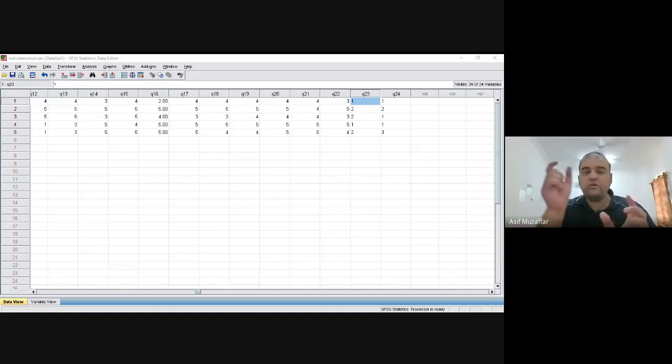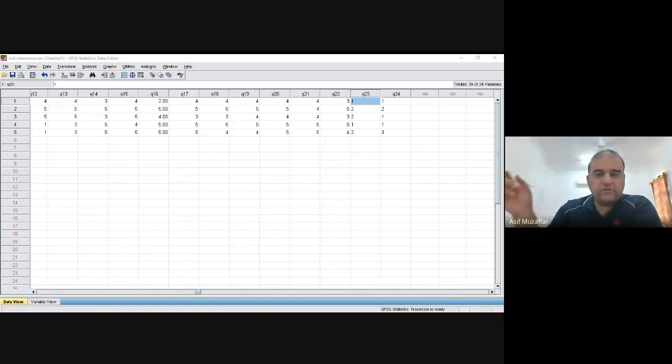So if you have strongly agree and disagree written, please change them. You need to transform them into 1, 2, 3, 4, and 5. SPSS will do it by transform, recode into the same variable. But you have to define the values for it. Values mean go to the variable view, define values like 1 means strongly agree, 2 means disagree, whatever the scale is. Let me know if you understand this point.